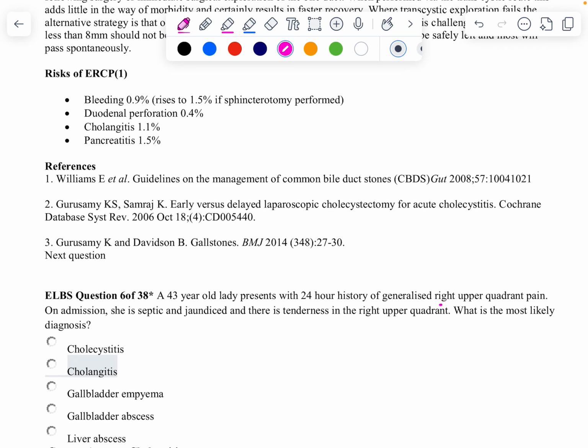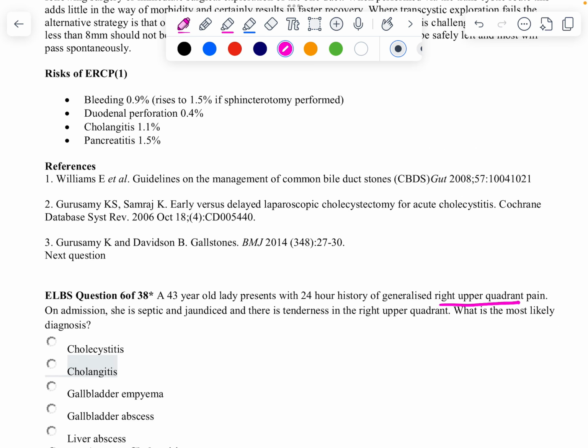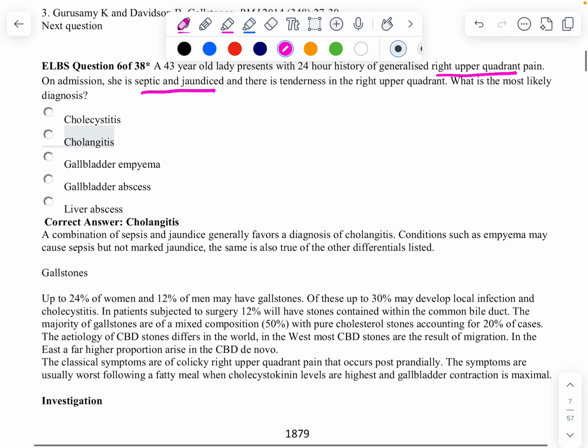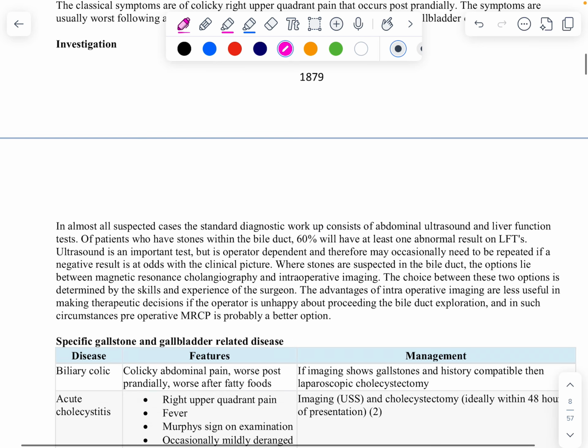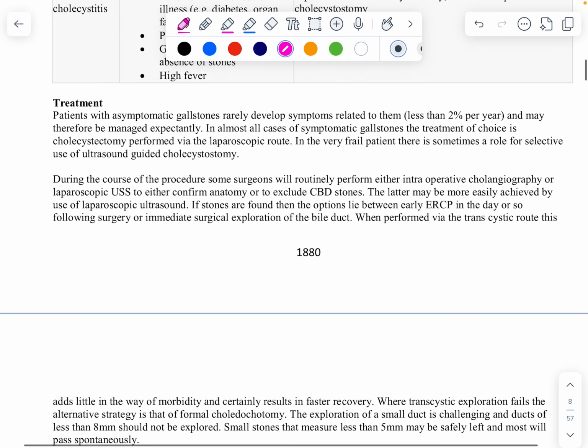A 43-year-old lady with a 24-hour history of generalized right upper quadrant pain. On admission she is septic and jaundiced, with tenderness in the right upper quadrant. Is it most likely cholecystitis? Cholangitis. Septic and jaundiced, so it is cholangitis. The next question is